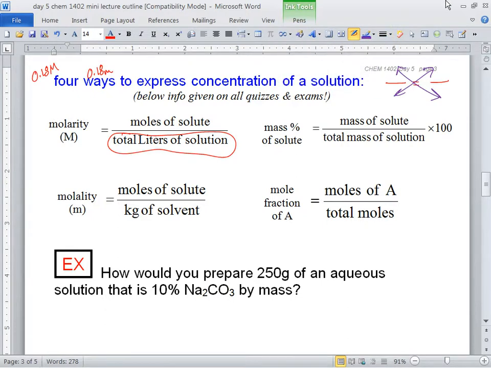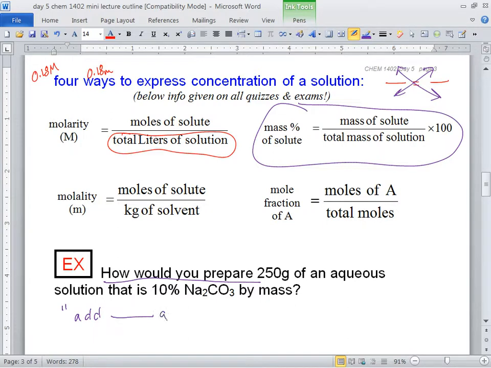How would you prepare 250 grams of an aqueous solution that is 10% sodium carbonate by mass? So we're probably going to use which one of these 4 equations? Yeah, right? So that's not so bad. That's kind of obvious. But let's start out with the answer, because it's how would you prepare? So you have to write a sentence here. I'm going to just give you a template here. Let's use the word "to": to blank grams of sodium carbonate,